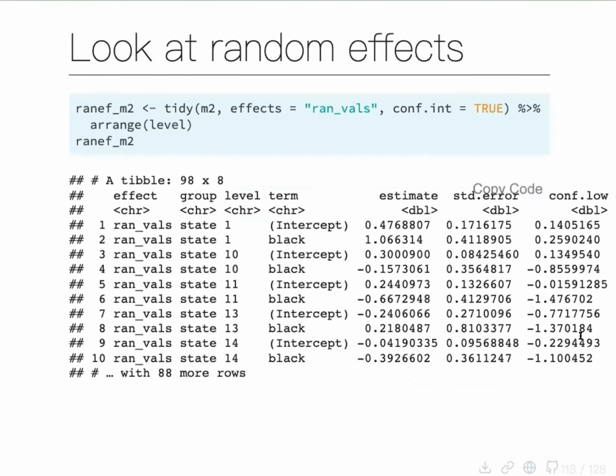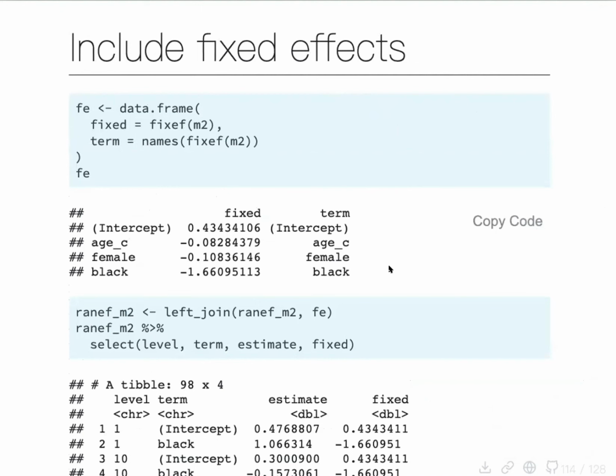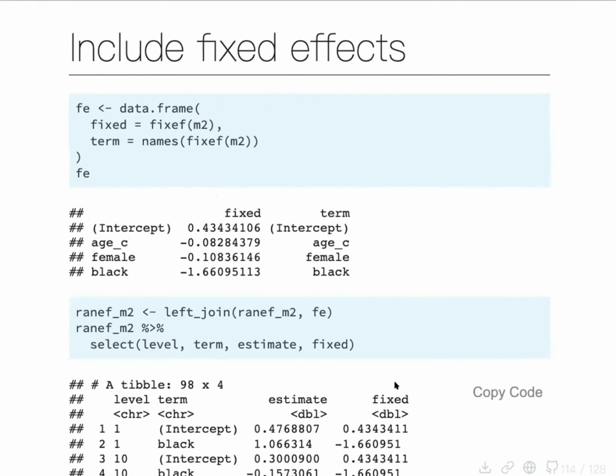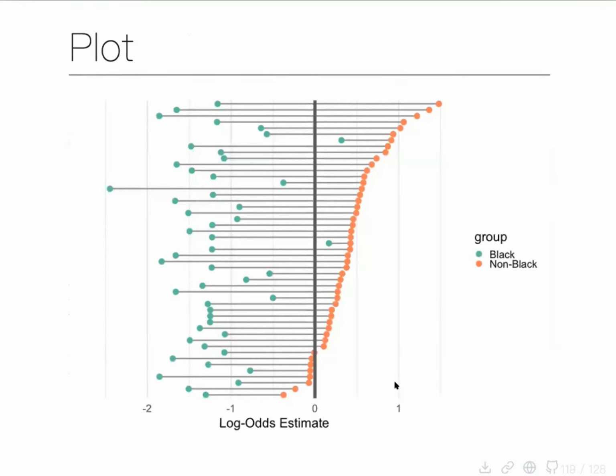Okay. One last thing I want to show you. This says I did this wrong. I mean, I didn't do it wrong, but I made it more complicated than it should have been, because I extract the random vowels here, and I was just realizing as I was getting to this point, I could have just asked it to extract something different. I can't remember the exact one, but instead I added the fixed effects to it. Okay, so there's another thing that you can request it to add, rand pars, I think, maybe, I can't remember, but that'll just add the fixed effects to it. We talked about that way back when. Instead, I did it sort of by hand here,